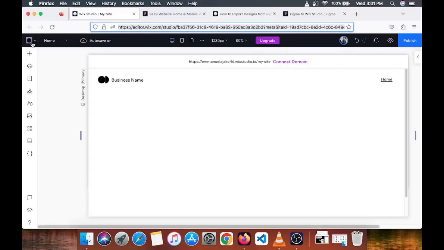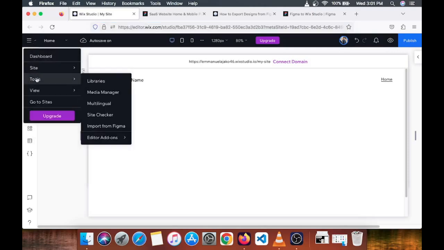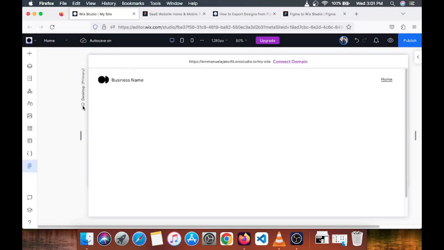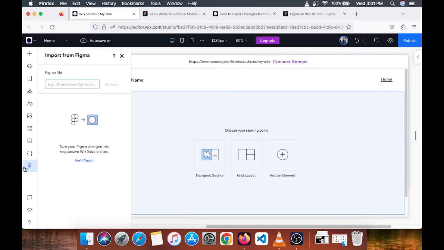So the first thing you have to do is click on this logo where you see the Wix Studio logo. Click on it and scroll down to Tools. And right here you see the option to import from Figma. And we'll click on it, import from Figma. As you can see, this Figma icon has been added down below our sidebar,